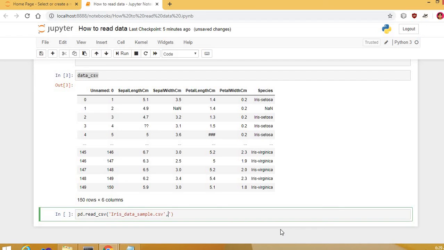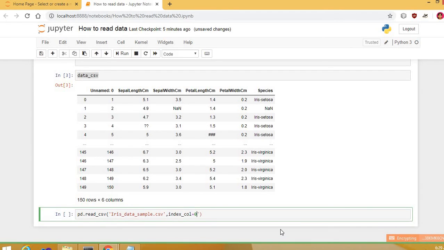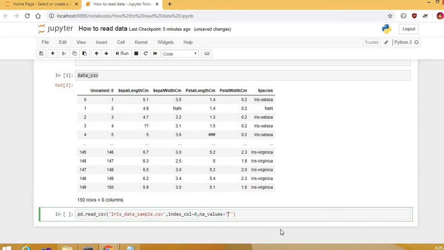So we pass index_col equal to 0, comma, na_values equal to the question mark, and we give all the junk values here.